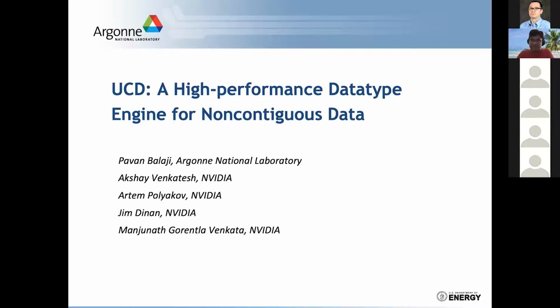I will add another comment on the same questions. The introduction of data types and libraries like UCX starts to make more and more sense once we see some sort of hardware acceleration capabilities that we can leverage. And this is another kind of motivation for UCX to potentially have these capabilities. If your NIC supports scatter gather, or you have a DPU with some sort of data processing capabilities,